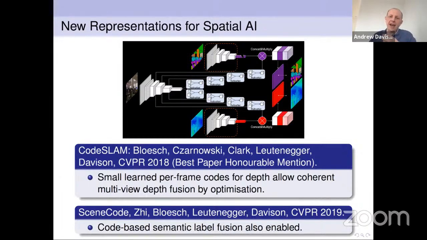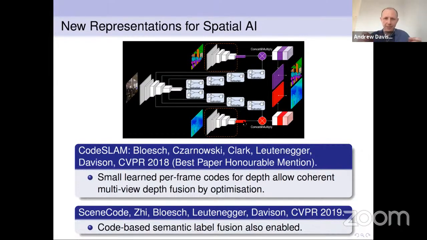What we have in these CodeSLAM based systems is a kind of learned code, which is a low dimensional space that allows you to then optimize those parameters that come out. So we make a single view depth prediction, but it also comes with a code that starts at 0. But when we adjust that code, which might have only 32 parameters, we can sort of adjust the dense predictions. And then that allows us to do things like multi-view optimization.